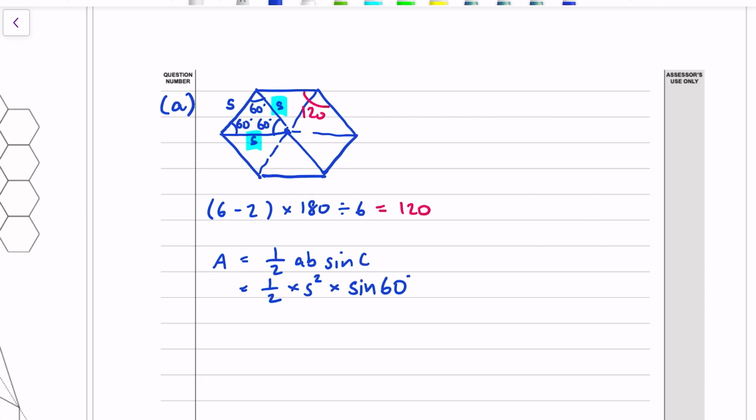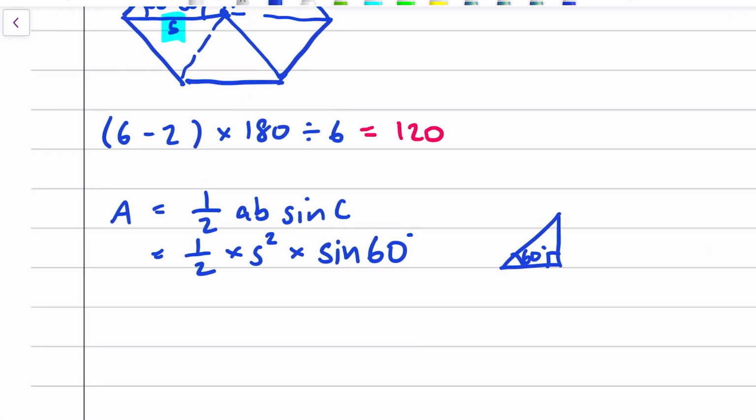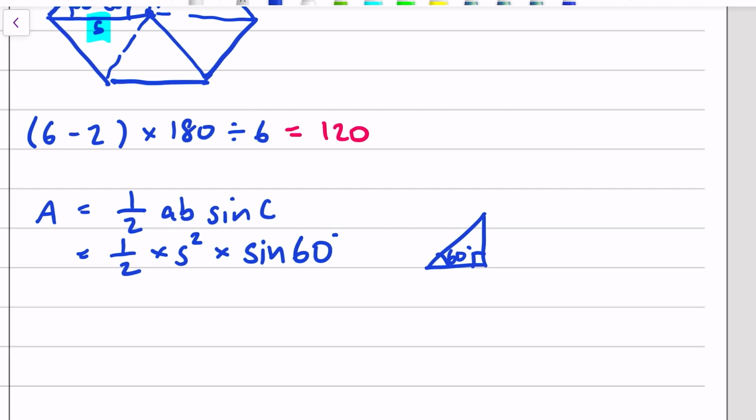Sine of 60 has a nice exact form because it's just from a special triangle. This is on the formula sheet for calculus, but 60 degrees there forms a special triangle where this side is root 3, that side's 1, and that's 2. So the sine of 60, opposite over hypotenuse, is root 3 over 2. So we've got a half s squared times root 3 over 2,